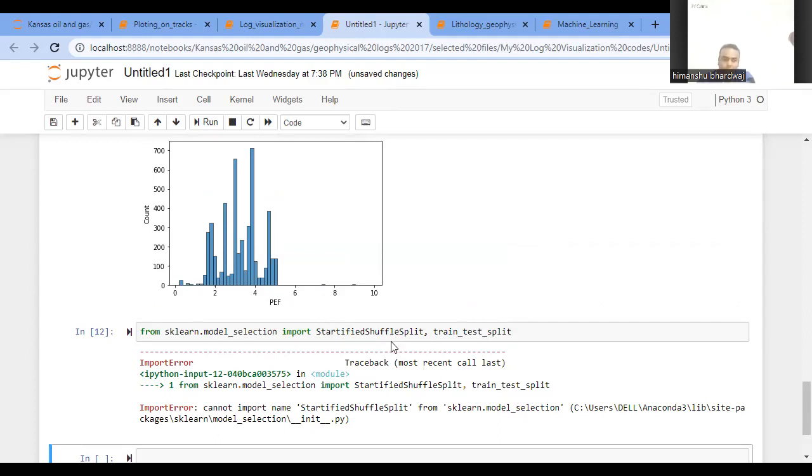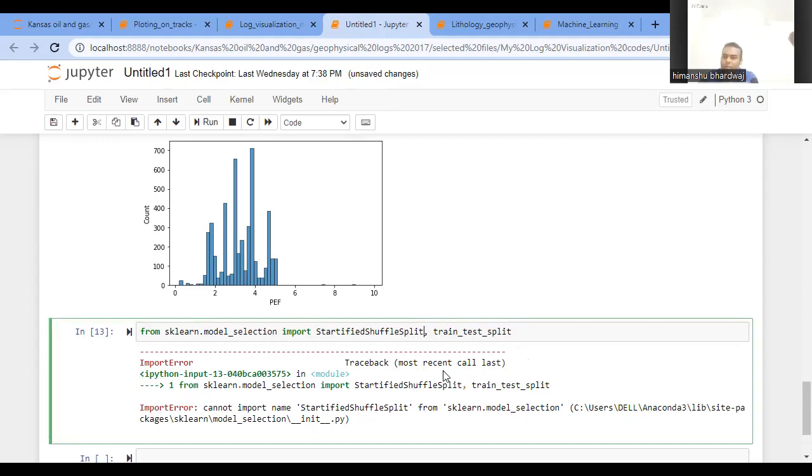Some problem I am getting here. Some file is missing perhaps. Anyway,